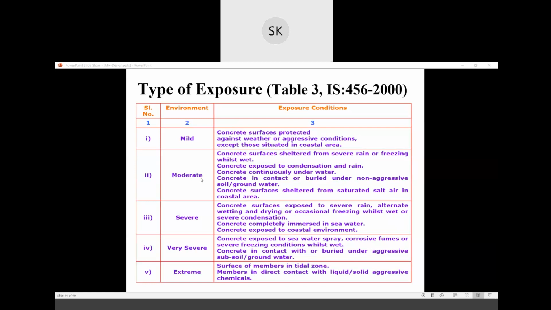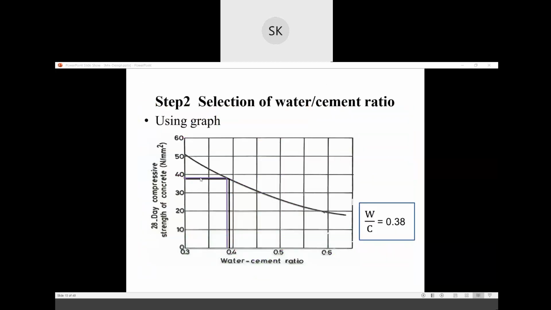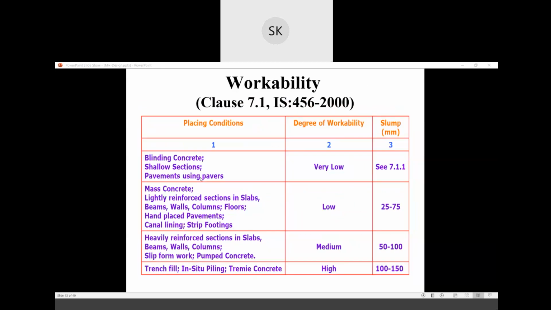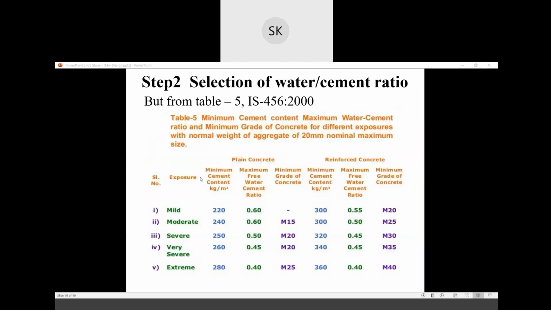These are the different types of exposure. So why I have shown you these charts, because they will come in table number 5. Based on the exposure, you can select the free water cement ratio.